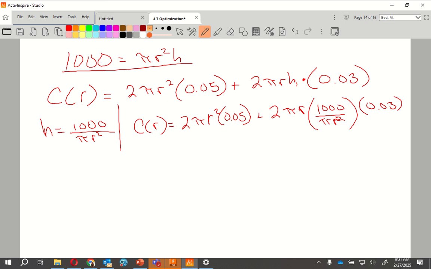So now I only have one variable. Now I can actually do my derivative, my optimization. So C prime of r